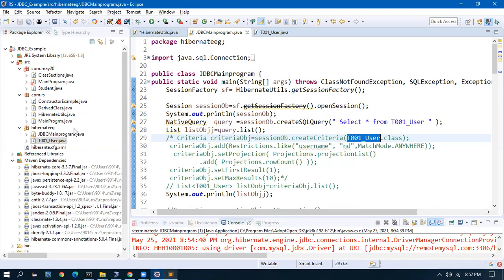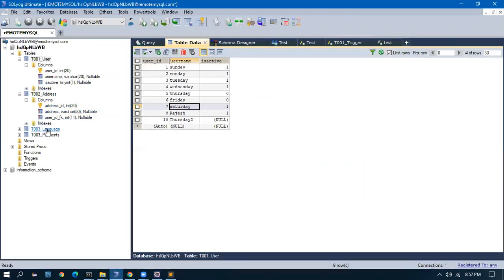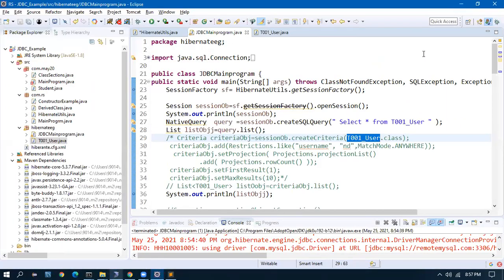So tomorrow we will add one more domain. We will add the address table also. We have the address table and language and payments table. We are yet to see the one-to-many and many-to-one mapping. So some interesting topics are there. We can go over them for the rest of the week.